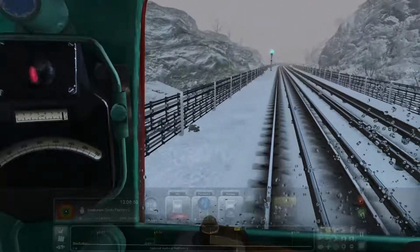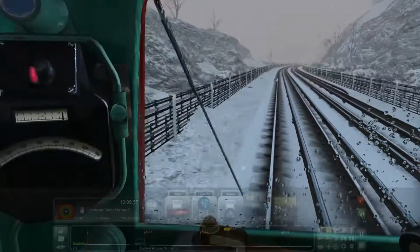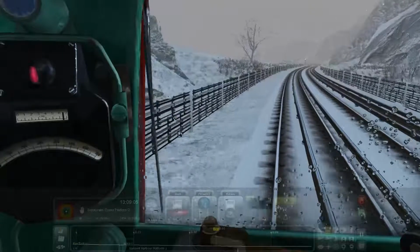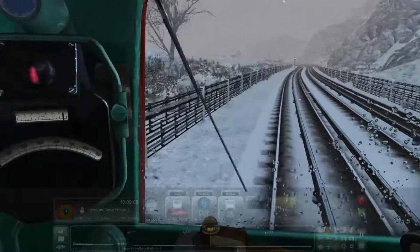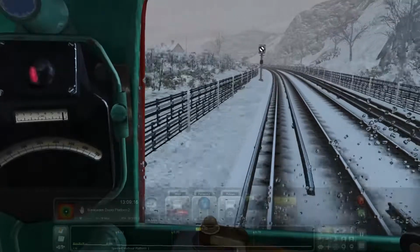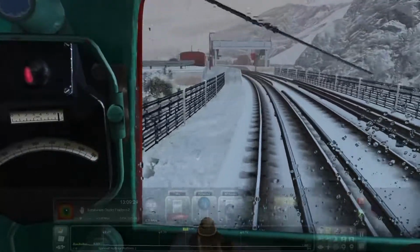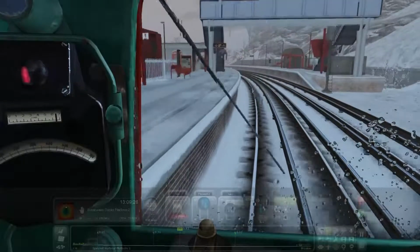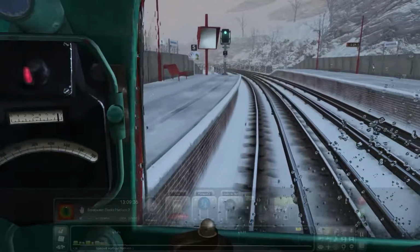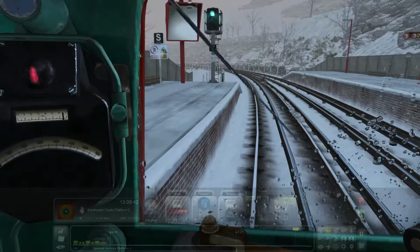0.2 of a mile to go. Should be able to see the station shortly. Just around the corner now. I don't know all these signals. I'm presuming that's some sort of landmark. There's the station. Maybe I was a bit hasty on the brakes there. Now, I've never actually in real life driven anything this old, so